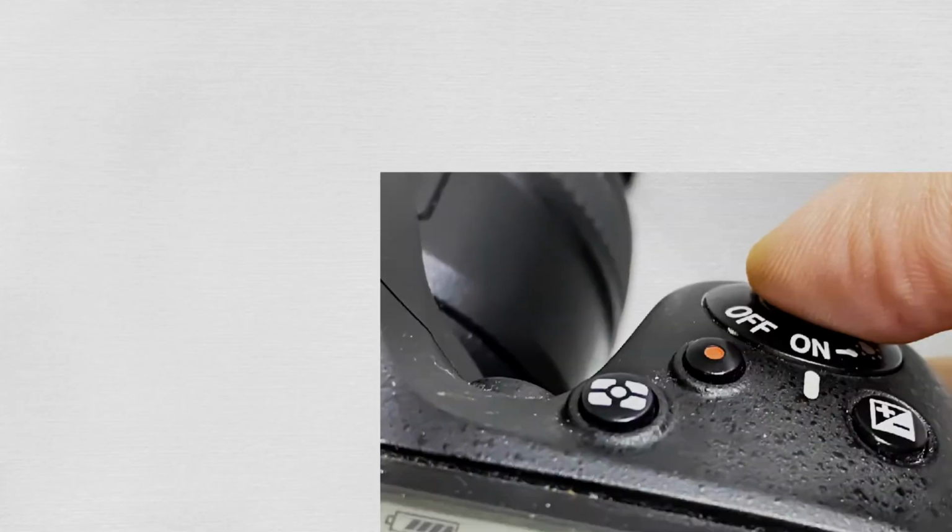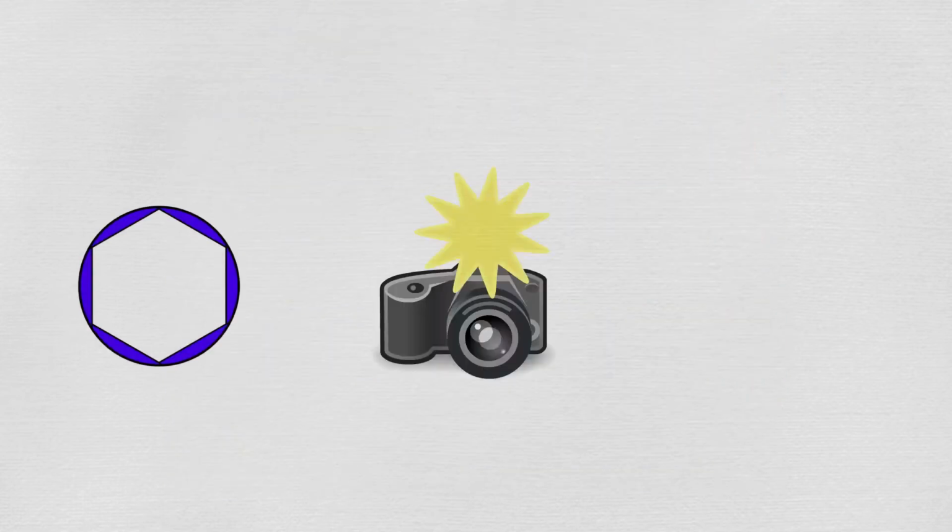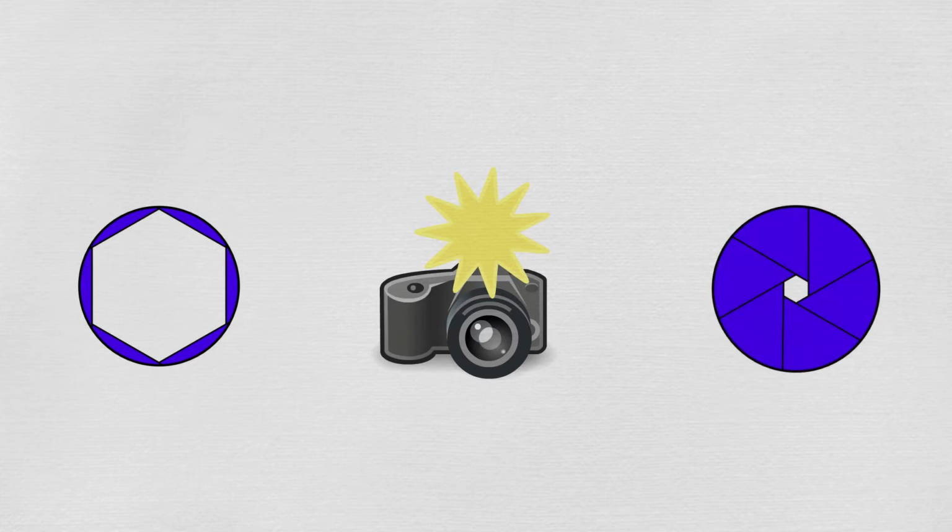There is something known as the synchronization speed. What happens whenever you use a flash is, as soon as you press the shutter release button, the shutter opens, and then the flash goes off, and then the shutter closes. This is the sequence that happens when you use a flash. Now, the synchronization speed happens when the shutter is fully open. When the shutter is fully open, the flash should go off.